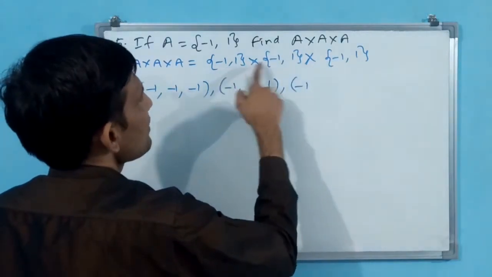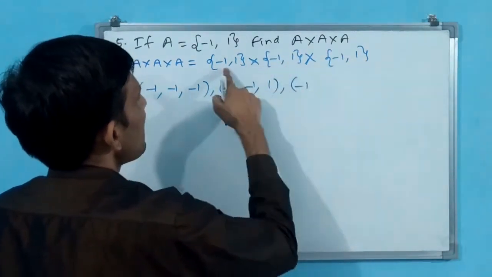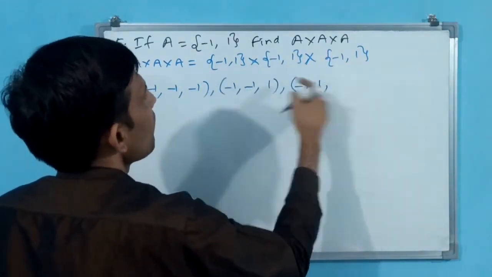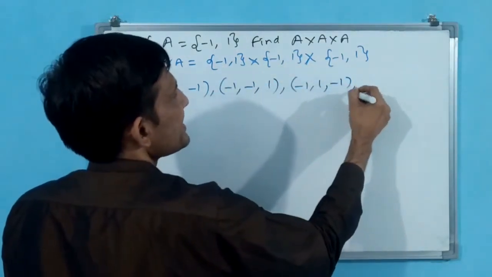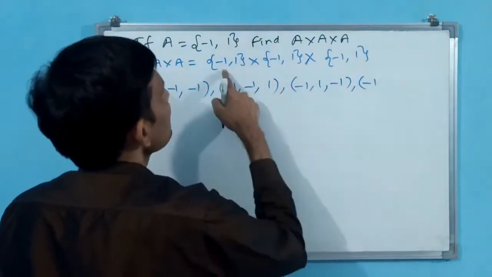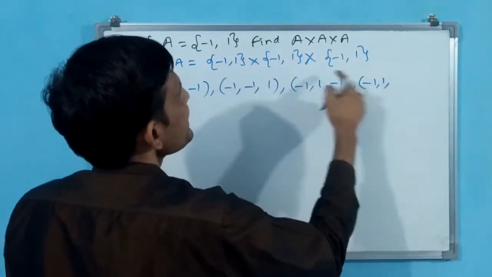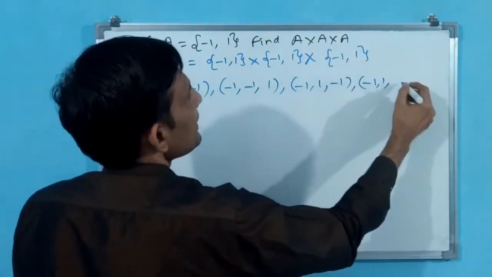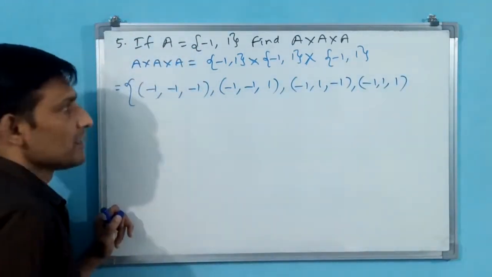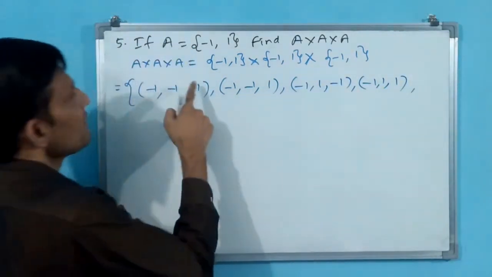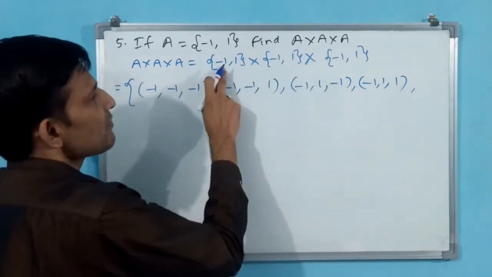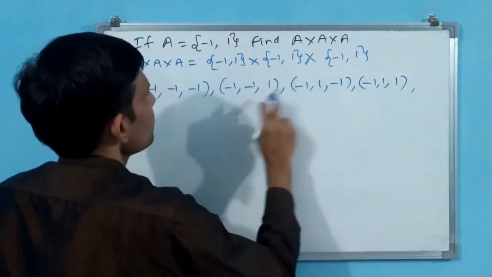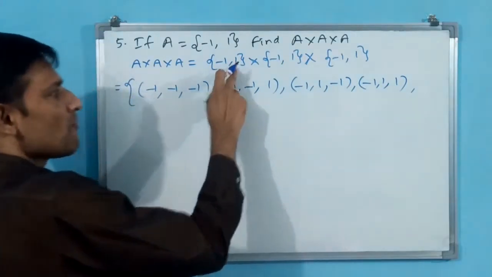Then again minus 1, then this time 1 comma, then again minus 1 but not minus 1 again. Why? Because minus 1 has been taken two times already. Then minus 1, 1, then minus 1, 1, then minus 1 again, minus 1, 1. This time not minus 1, 1. Okay, 4 over. You see, 2 into 2 into 2, 8 have to come. With minus 1, 4 are over: 1, 2, 3, 4.